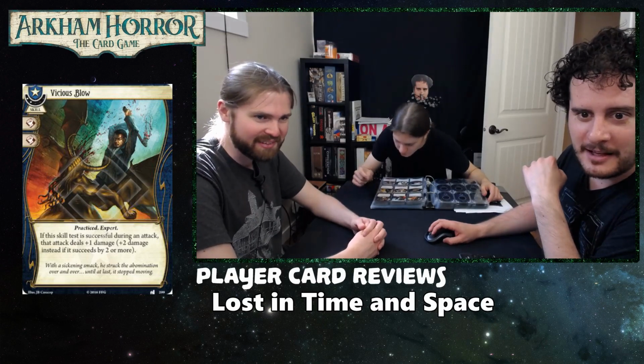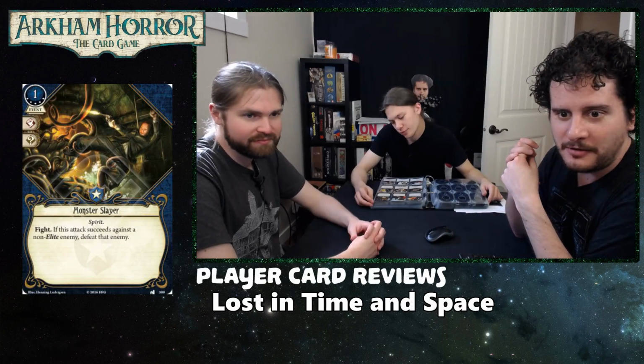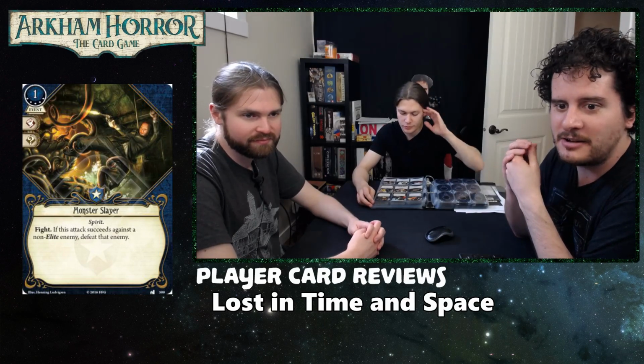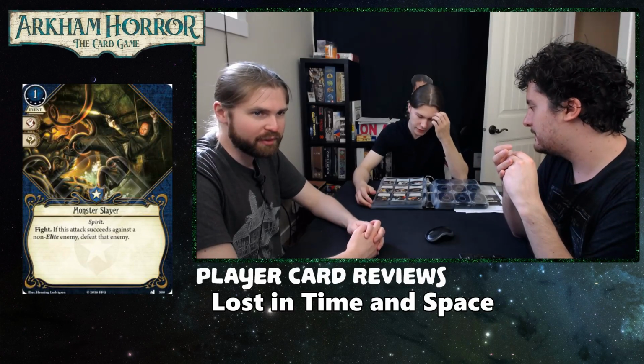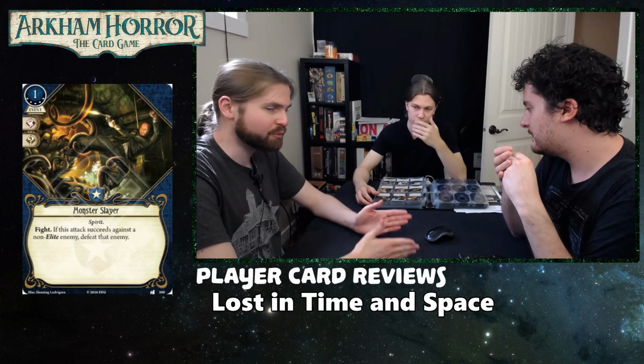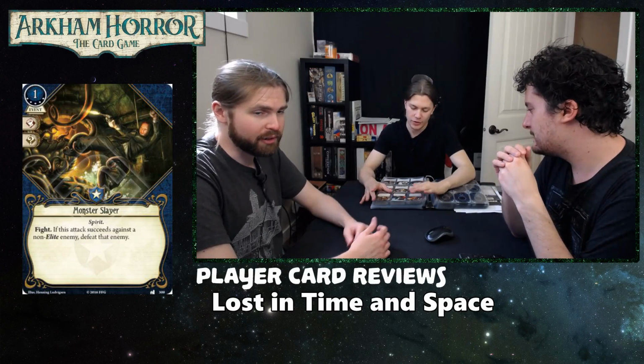Yep. Monster Slayer, 1 cost, 5 experience, Fist in a Wild, fight. If this attack succeeds against a non-elite enemy, defeat that enemy. We've never played with this card. It's because it costs 5, and you could, instead of putting this card in your deck, put the card that comes after it in your deck. I think a big part of it